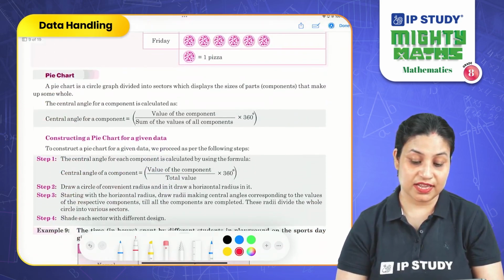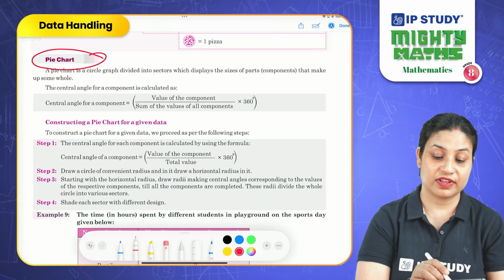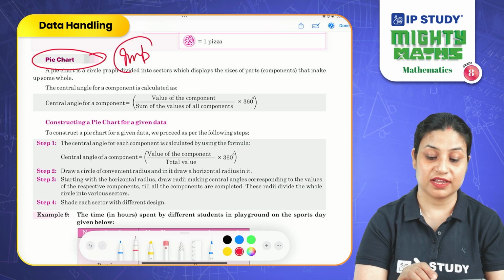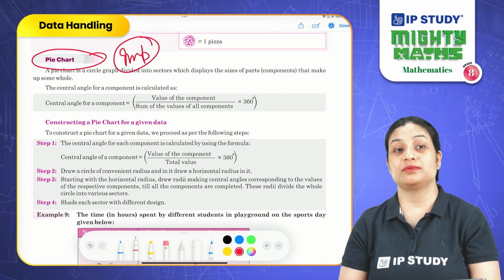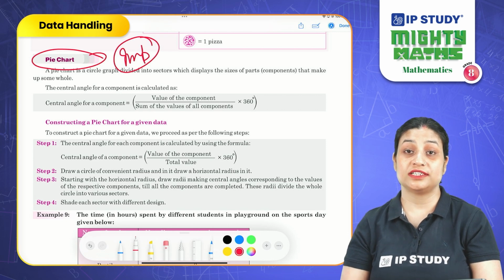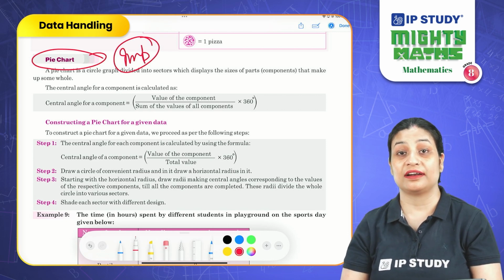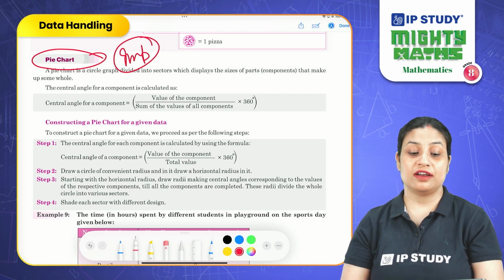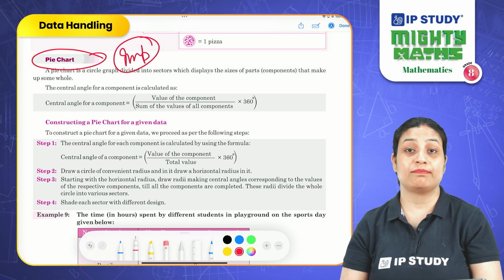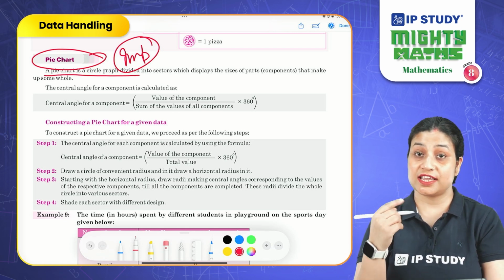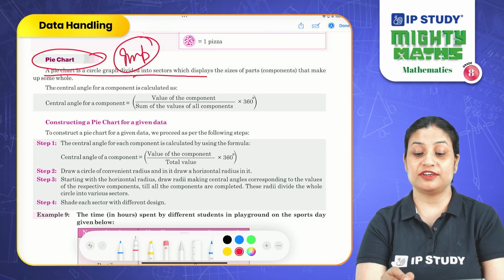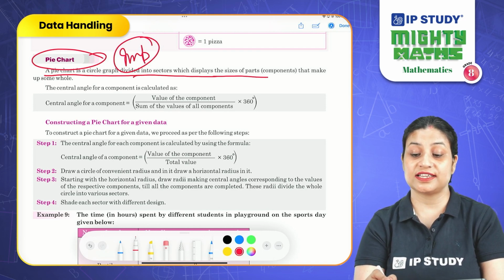The next topic is pie chart. Very interesting and important topic as well, right? So dear students, so far we have discussed how to represent and read data using a pictograph, using a bar graph and using a double bar graph. Now we have a special graph that is called a pie chart. It is also called a circle graph. In this case, the circle is divided into different sectors and each sector represents a part which combines to make